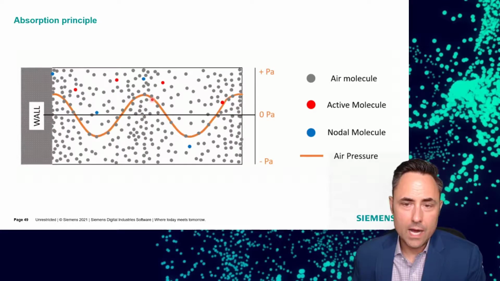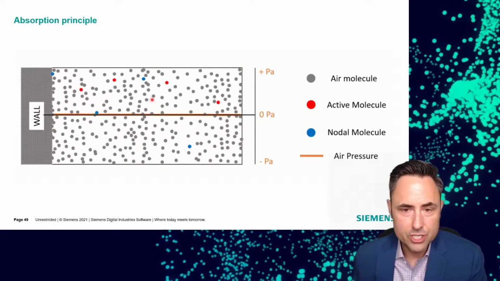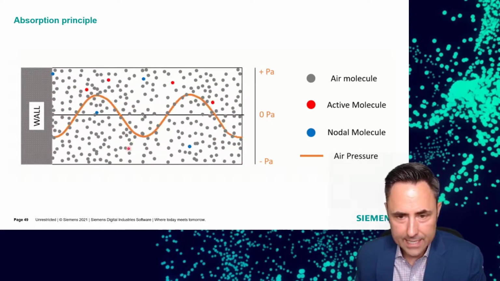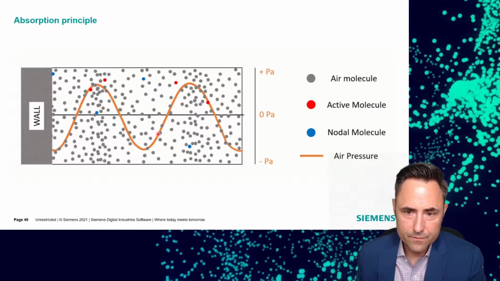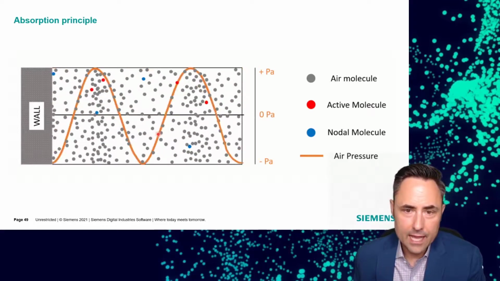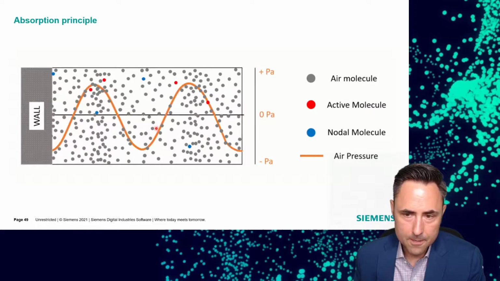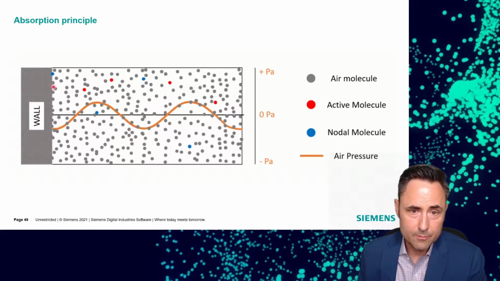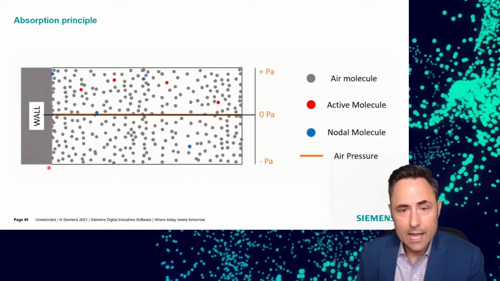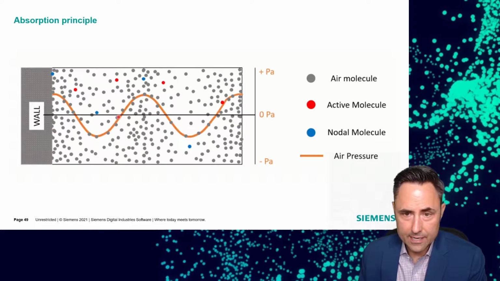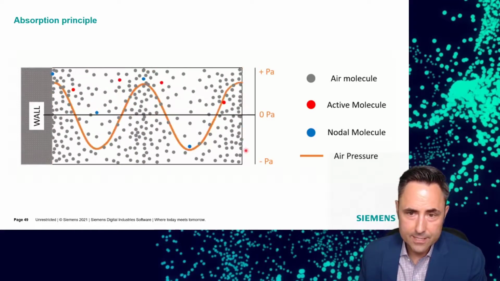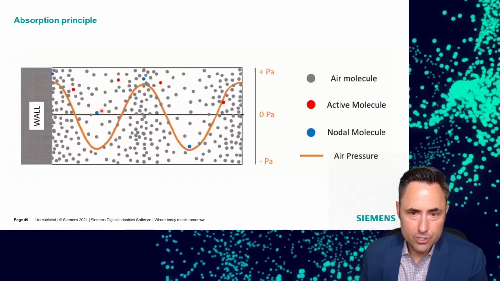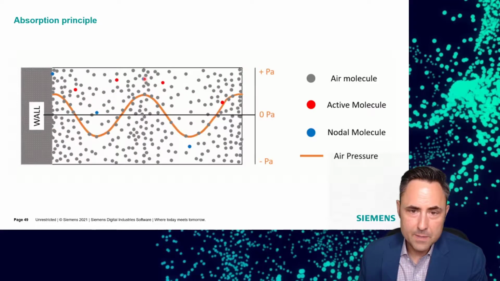And let's take a look why that is, or maybe a strategy for increasing your absorption performance. So if we see these blue dots or gray dots oscillating back and forth, this is sort of the air molecules in an oscillating tube or a duct here, let's say, and we have a hard reflective wall at the end, and so the air molecules aren't moving at all there. We see the pressure fluctuation at a single frequency by the orange trace there, right? Well, you see these blue nodal molecules aren't really moving at all, right? And that's because the